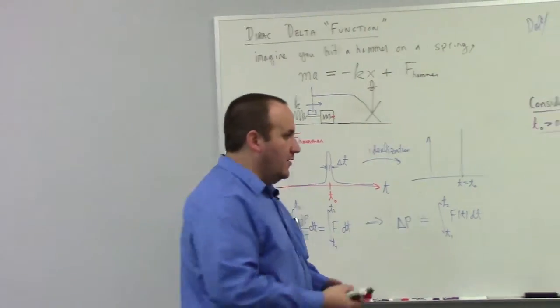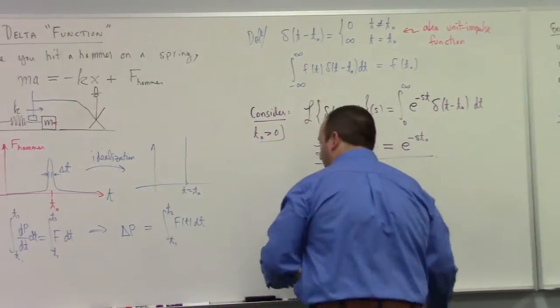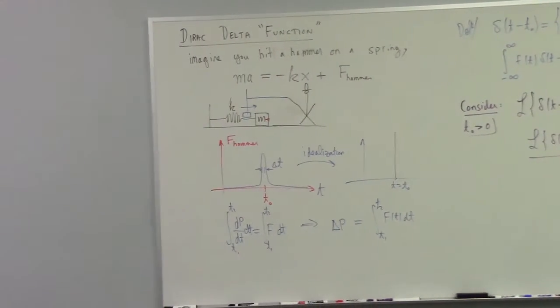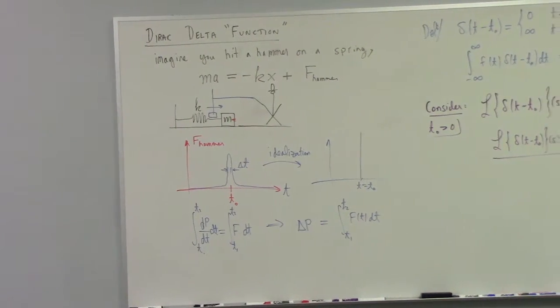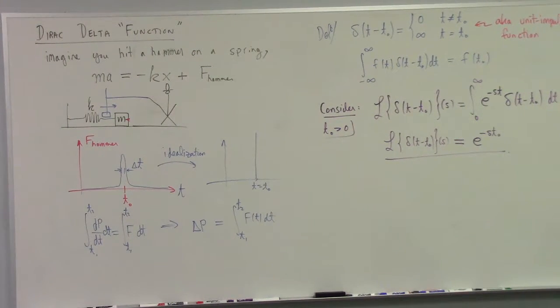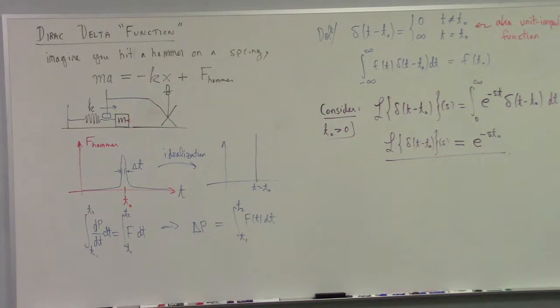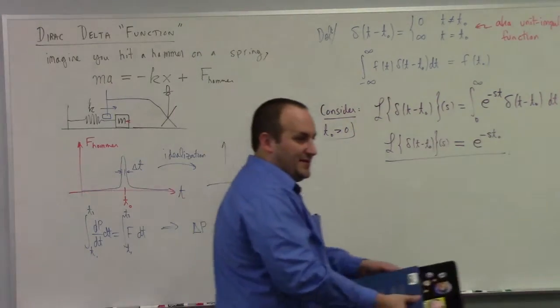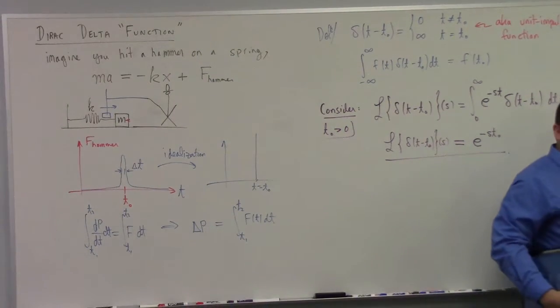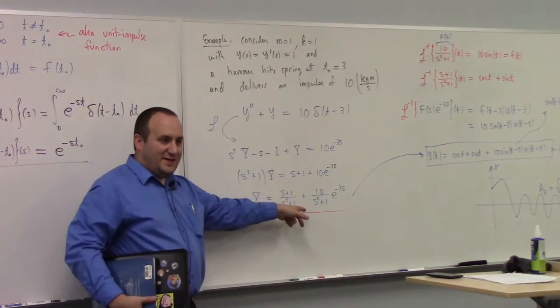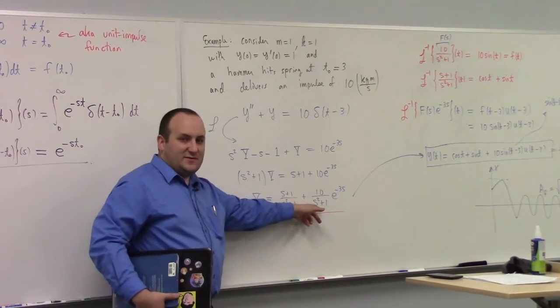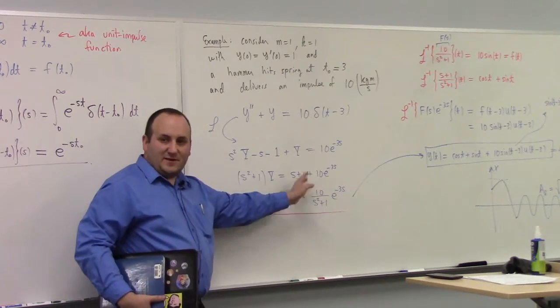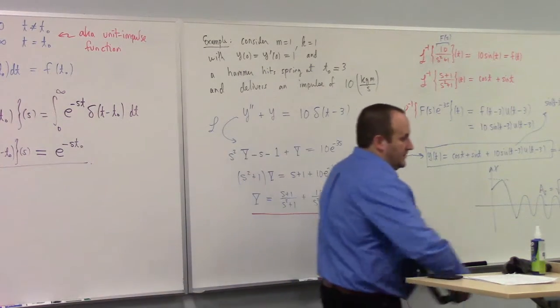Okay, so this brings us to our next topic. You shouldn't be scared of Dirac delta functions. My larger point here: don't be scared of them. They're easy. They actually give you nicer problems to solve. If you're given a choice between solving a spring mass problem with a unit step function versus one with a delta function, choose the delta function. If this was a unit step function, we'd have a cubic polynomial in s in the reciprocal next to the exponential, then we'd have to do partial fractions on it like we did before. With the delta function,